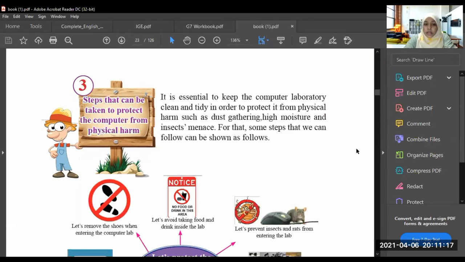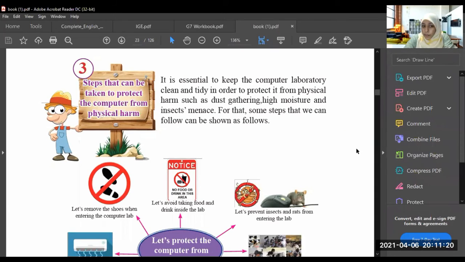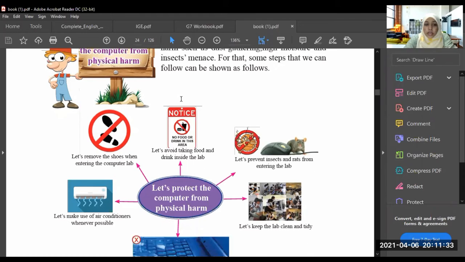Okay. Then how to safeguard the physical computer components, or the computer laboratory, from dust, water, and all these things? When we enter the computer laboratory, we should remove our shoes outside and go in. Also, when going inside the lab, it is not good to take food or drink inside.